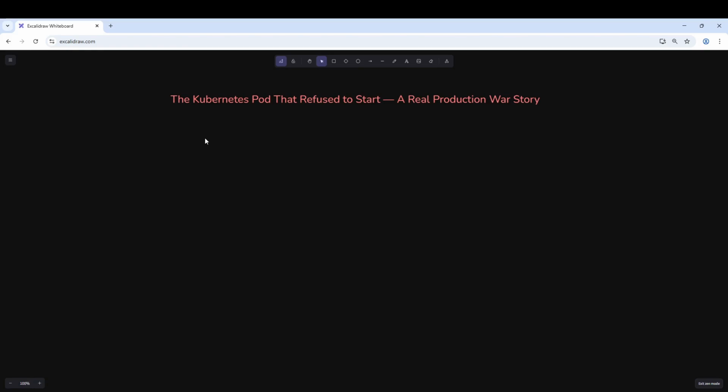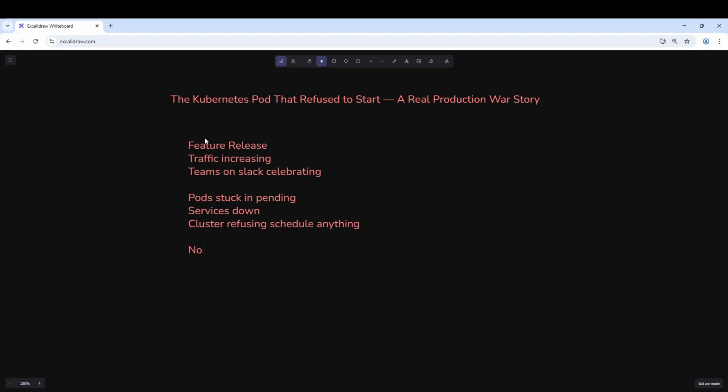Let me tell you about the night everything broke. New feature release, traffic increasing, teams on Slack celebrating, and suddenly pods stuck in pending stage. Services down, cluster refusing to schedule anything. No errors,